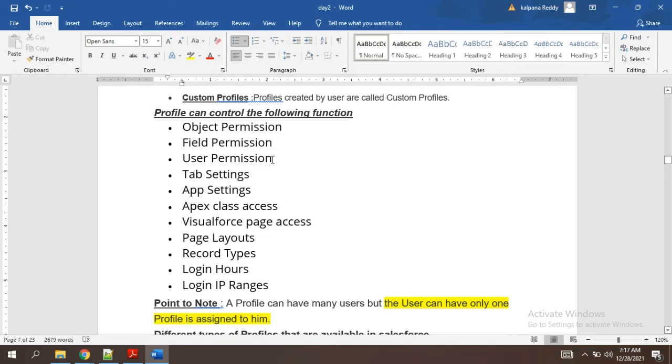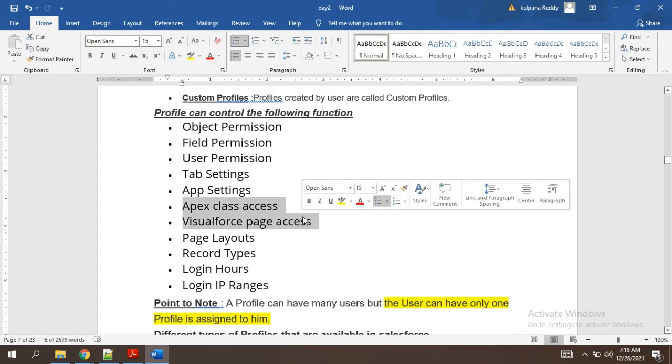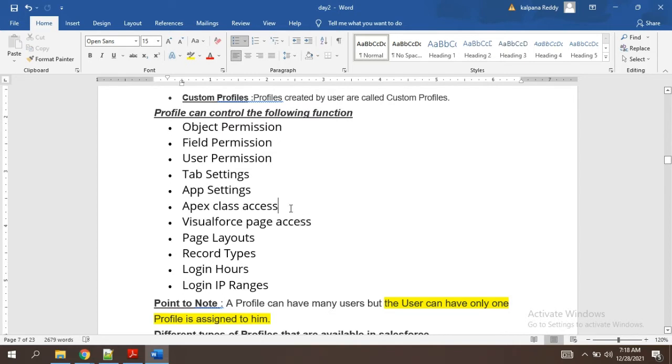And then user permissions, what all the things a user can do, like login hours and all, tab settings, whether that tab should be default on or off, and app settings, whether that app should be visible or not. And these are coding related ones. Remember guys, for Salesforce we use Apex as the coding language.